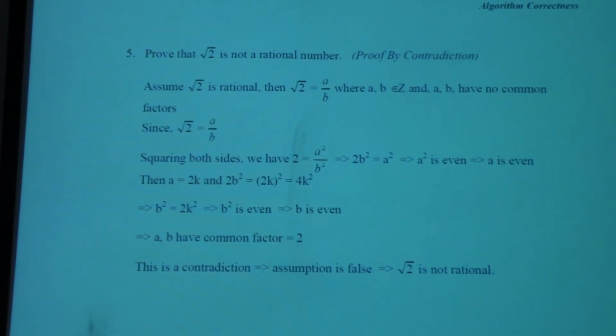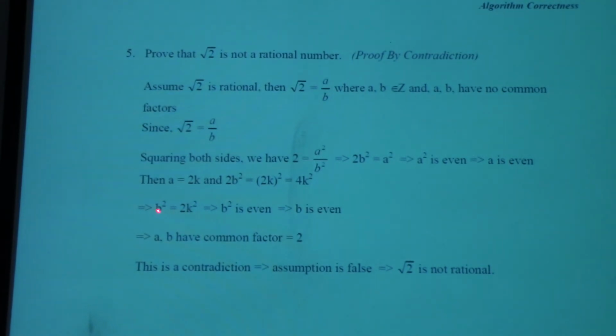Okay, so now we know that a is even. That's fine. A can be even, not a problem. So if a is even, let's make a equal to 2k, the general even integer, when k is some integer. And therefore, 2b squared is going to equal 2k squared, which is going to equal 4k squared. So therefore, b squared is equal to 2k squared,